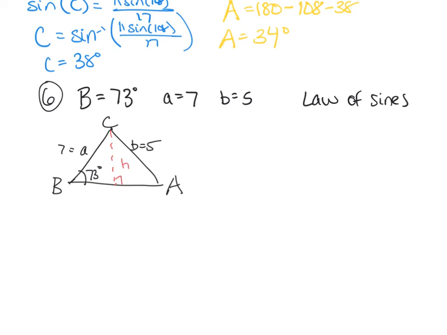Again, just a reminder, your height is your adjacent side times sine of your angle. So for us, h is going to be 7 times sine of 73. That's going to be 6.69. So when I compare this with my opposite side, we're going to